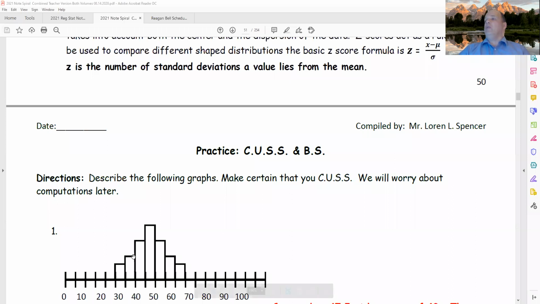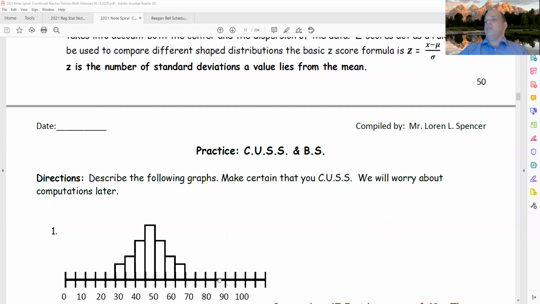We're going to do an activity where we practice learning how to cuss and BS. So this will be a sample of learning how to cuss and BS. I'm going to go ahead and share my screen. Hopefully that'll go fairly easily. All right. There, share a screen, boom, should be good. Okay. So page 51, note spiral, and we said describe the following graphs, make certain that you cuss, and we'll